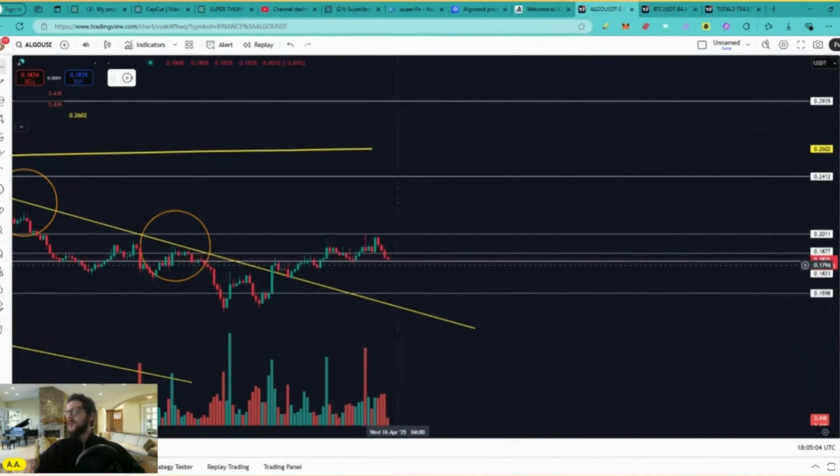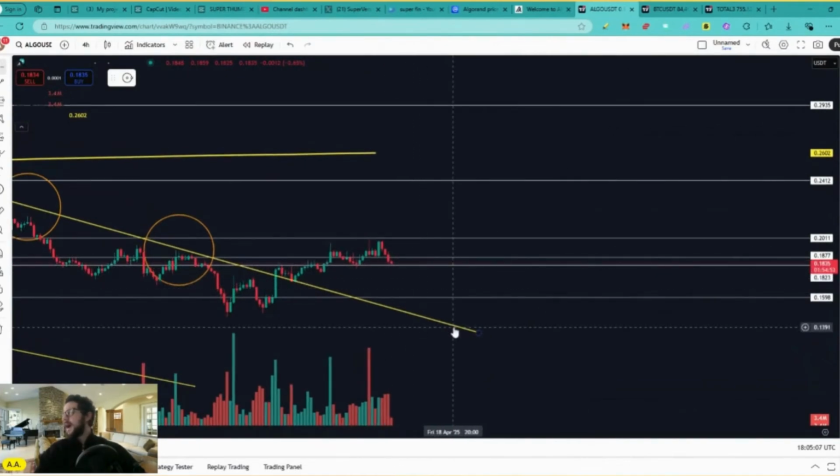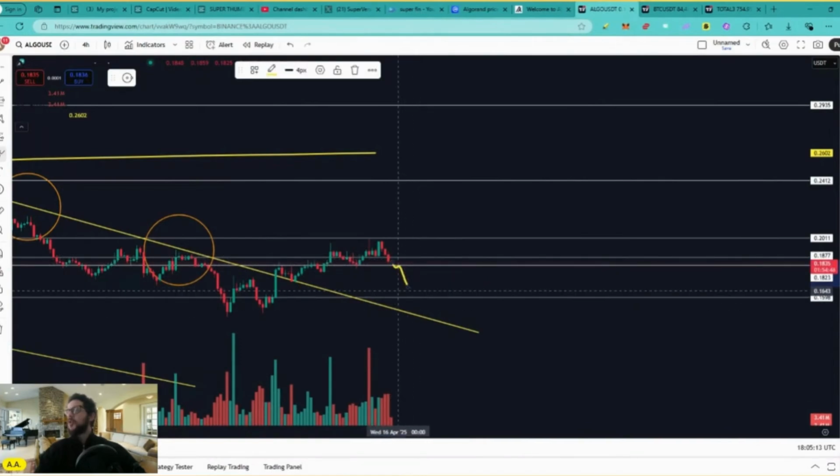So now what I am doing with this is I am waiting to see if the price action is going to break below this key level of support that's located at 0.1823. If the price action breaks below, I am watching for a bounce at this next key level of support that's located at 0.1598. This can potentially be a very good buying opportunity. Also, if this happens, we are going to see some kind of a double bottom idea again, which is very, very bullish. So if the price action pulls back, I am going to open a long position as close as I can to this key level of support that's located around 0.1598,